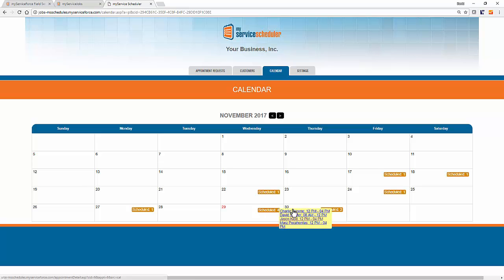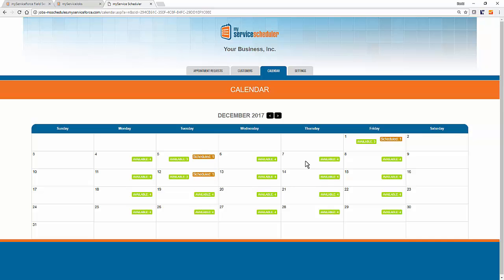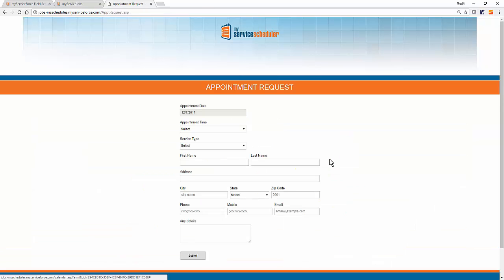If you put your mouse over the orange block, a list of the appointment requests appears, and you may click on any names in the list to see the details of the appointment request. Finally, if you ever want to schedule an appointment, for instance, maybe you're on the phone with a customer and want to set up an appointment with them, you may click on any of the green available blocks and set